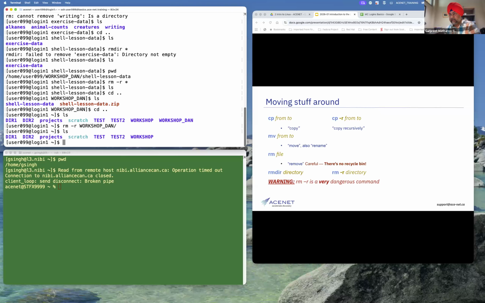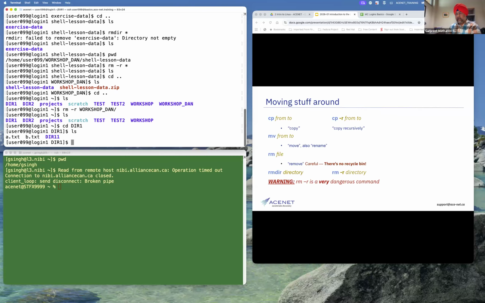Okay. Now, let me show you the cp command, which is for copying files. When you are copying, you are basically making another file, making another copy. Basically, if you have, let's say, one file a.txt, let me show you that. So if I go to dir1 here, you will see a.txt and b.txt are files, right?